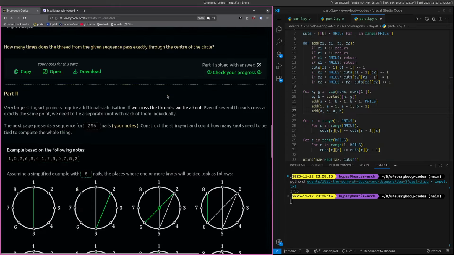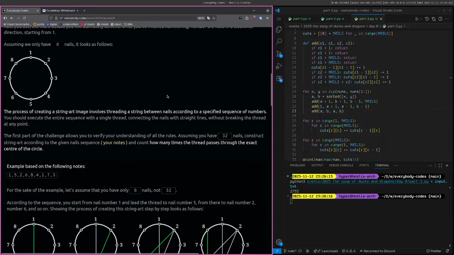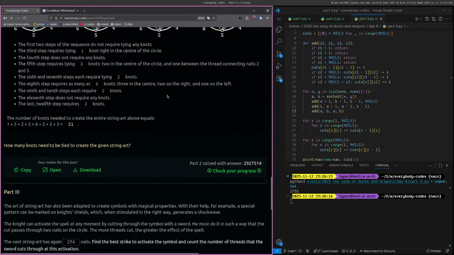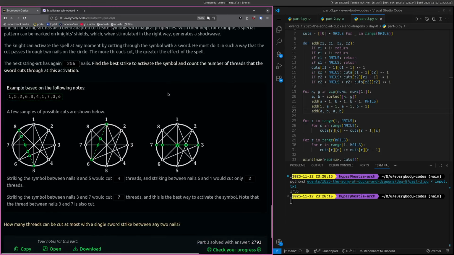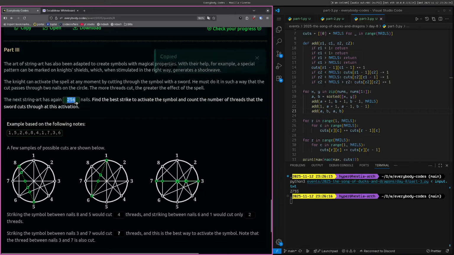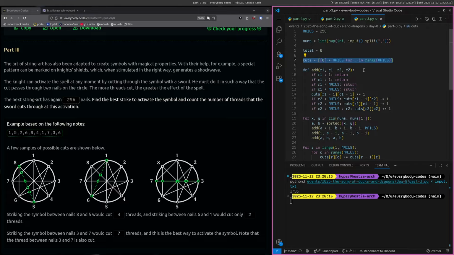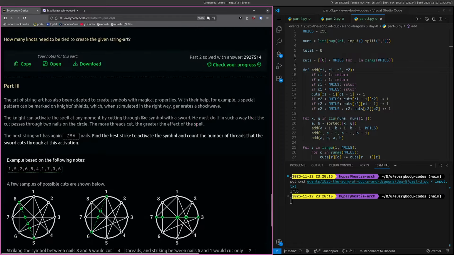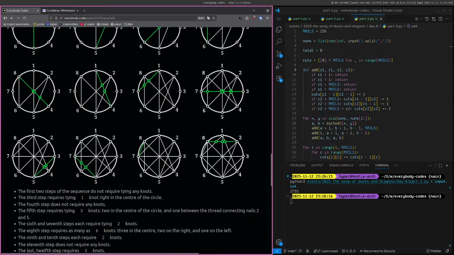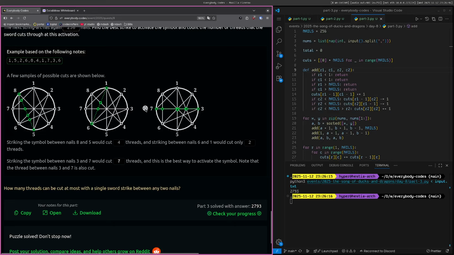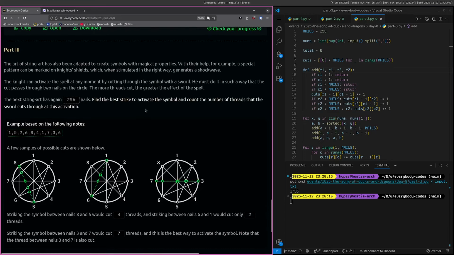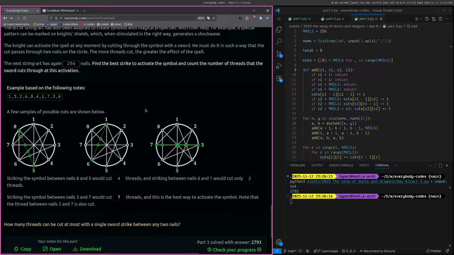In any case, that's all for this part. Very interesting problem. I got stuck on part 3 for quite a while. Somehow I managed to mess up both not changing the 8 to a 256, which impacts the entire solution, and also I forgot to update the input file between part 2 and part 3, so that cost me quite a bit of time, and then I had weird off-by-one issues and other stuff like that for